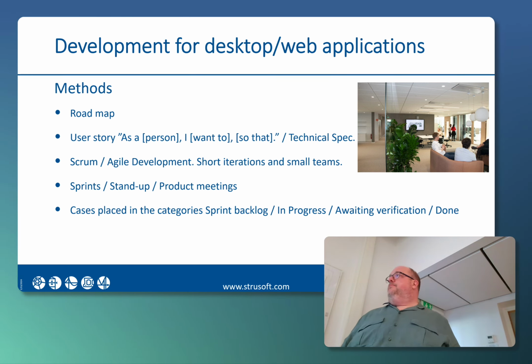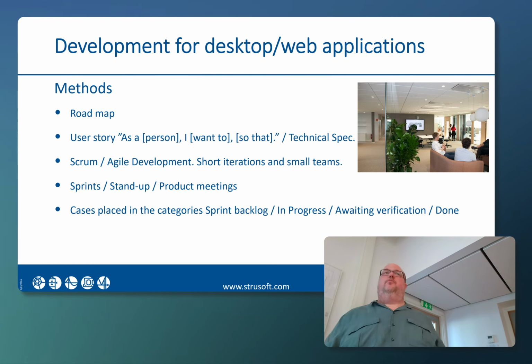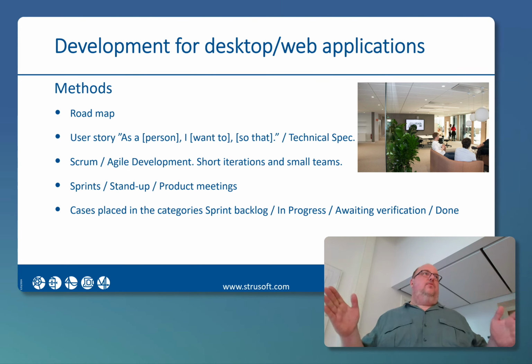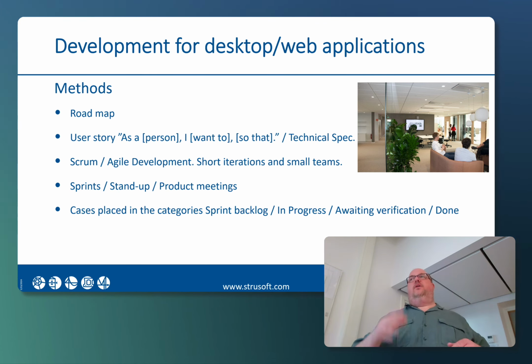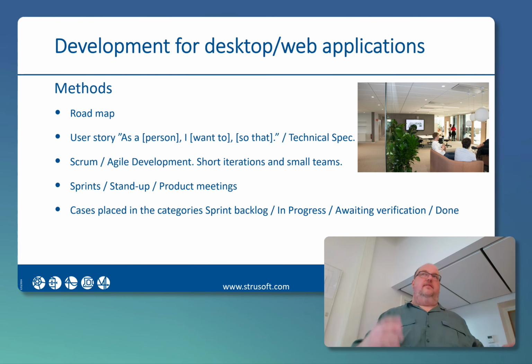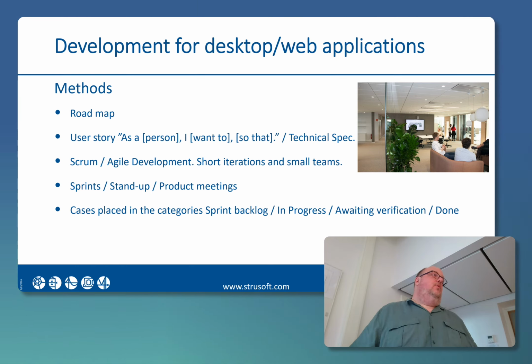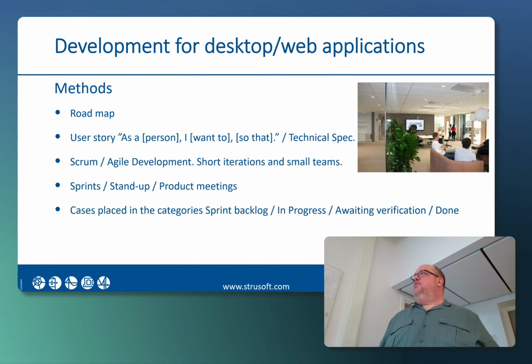And the short iterations are basically divided into sprints. And sprints are like, maybe we have 2 week sprints, for example. And we say, okay, within these 2 weeks, we're going to do these tasks. And then we assign these tasks to the developers in the team. And we try to say, okay, this task is going to take 16 hours maybe, and this one takes 8, this will take 1, this takes 32, whatever it is. And then we try to patch it up with the resources we have.